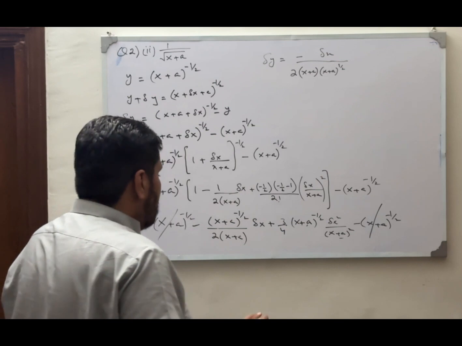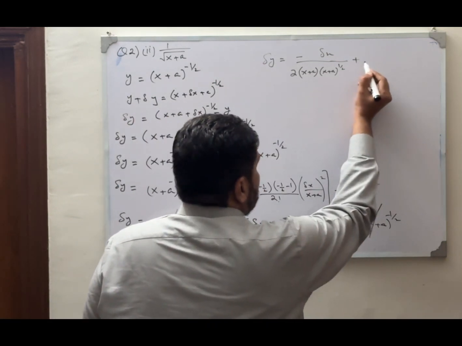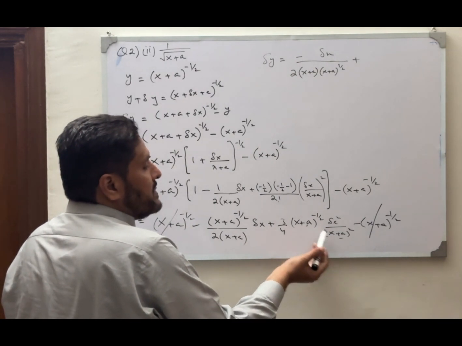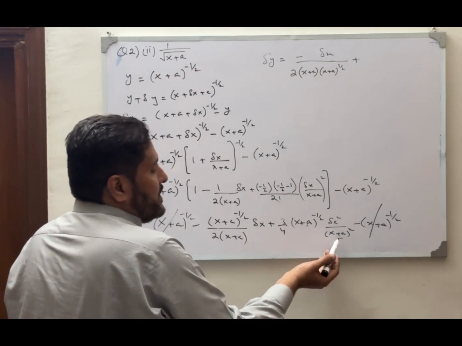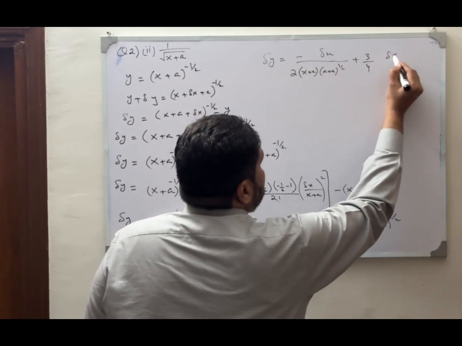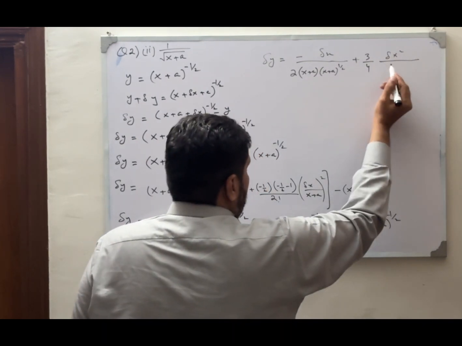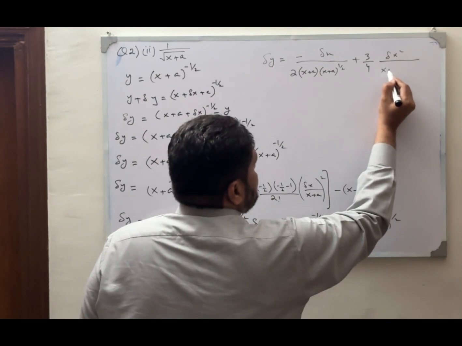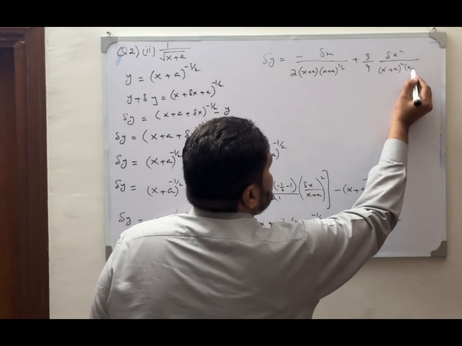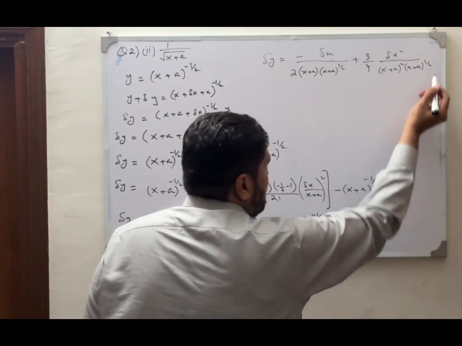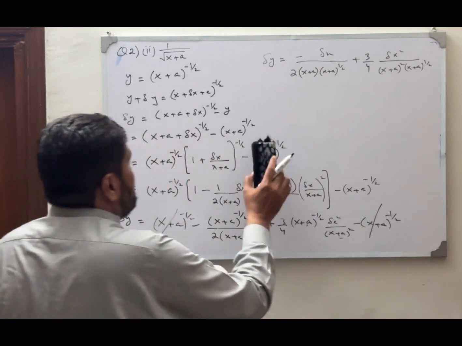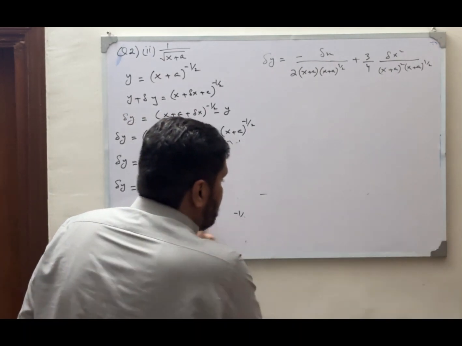For the second term, we write it as plus, here again we move this term in the denominator, so we write it as 3 by 4 delta x square whole divided by (x + a) power 2 into (x + a) power 1 by 2. So now by taking the simplification, I am removing the remaining one. So here